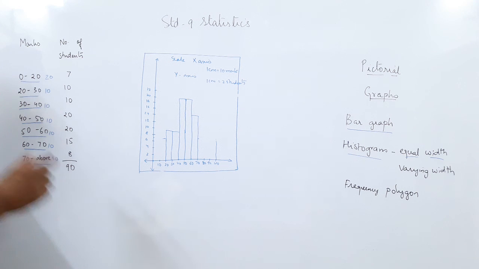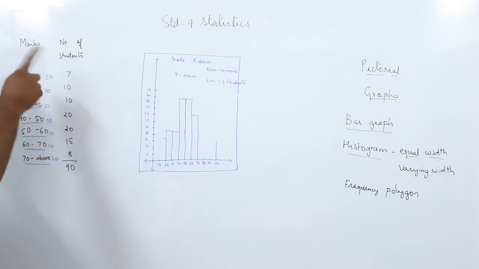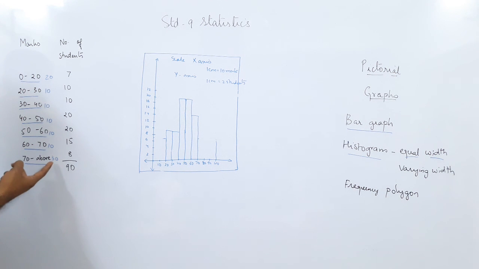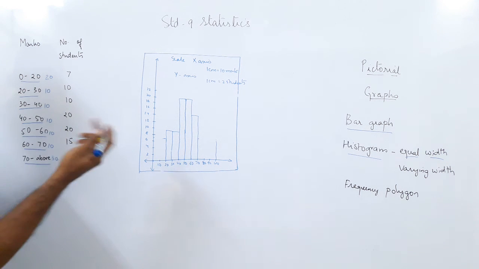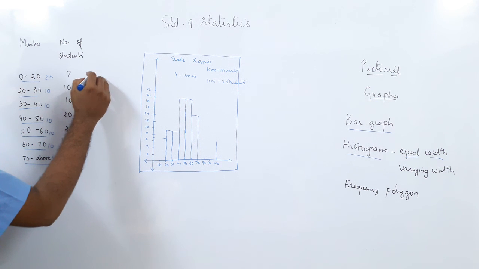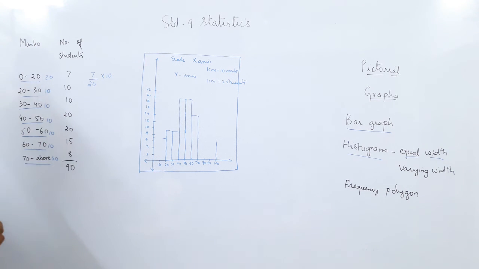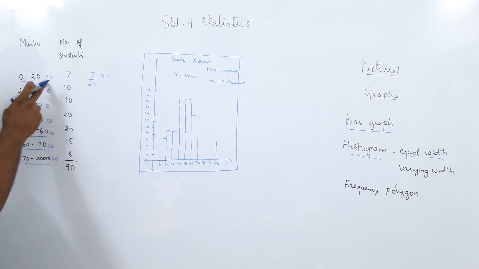Now to adjust it, what will we take? 10, 10, 10, 10, 10, 10. So this is all 10. So this is 20, we can convert 20 into 10. This is 30, we can convert 30 into 10. How will we convert 20 into 10? We'll write here that for 20 it is 7. So for 10 it is how much? So what I will do? Cross multiplication. I will do 7 upon 20 into 10. I first divided 7 into 20 parts and then I made it 10.